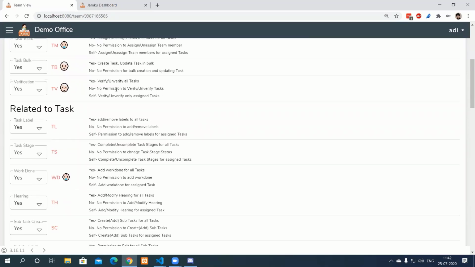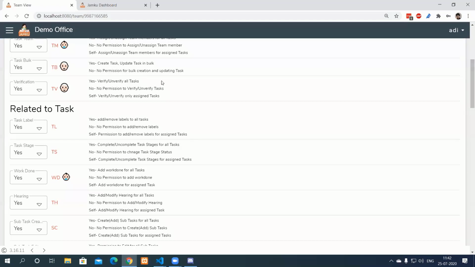Next is the task verification permission, where if the team member has yes, then he can verify all the tasks. And of course, with verification, he can also unverify the task, basically change the task verification status. This is important because once the task is verified, the task becomes read only. Everything is completed, all the task billing, everything is done, you can just verify the task.